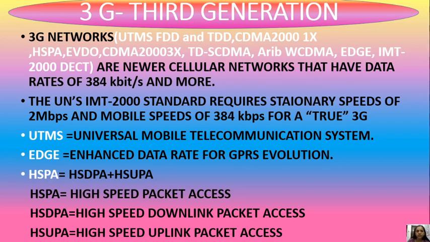3G networks are newer cellular networks that have data rates of 384 kilobits per second and more. The UN's IMT 2000 standard requires stationary speeds of 2 Mbps and mobile speeds of 384 kbps for a true 3G. So these 3G networks use UMTS, FDD, TDD, CDMA 2000 1X, HSPA, EVDO, CDMA 2000 3X, TD-SCDMA, ARIB, WCDMA, EDGE, IMT 2000, DECT. There are so many kinds of technologies used in 3G networks, but the main one is